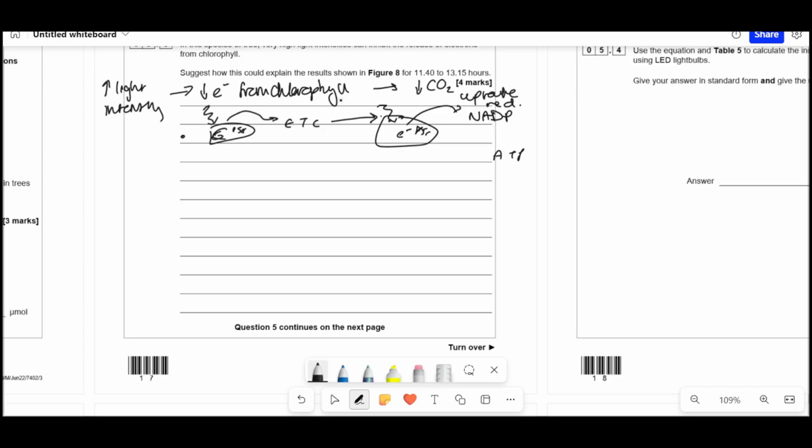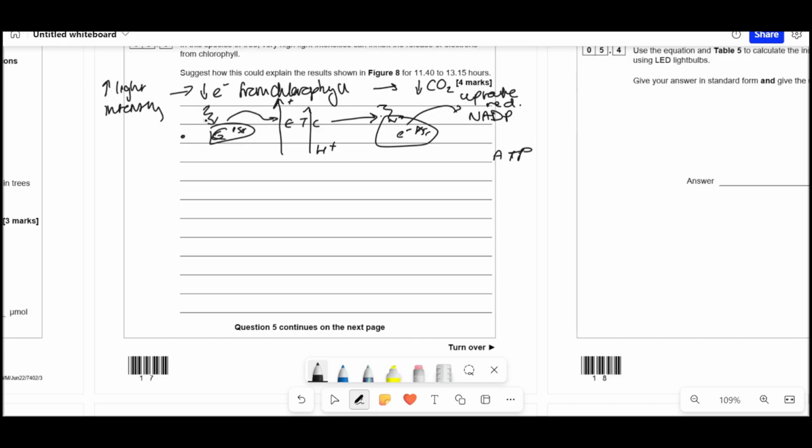So what happens with that energy is that protons are moved about like this, from the stroma to the thylakoid space and so forth. Those protons then move through ATP synthase because they want to balance out that concentration gradient again, and that's where you get ATP. And also, you get photolysis. I know we're going a bit beyond the question, but photolysis happens to replace that missing electron to start with,